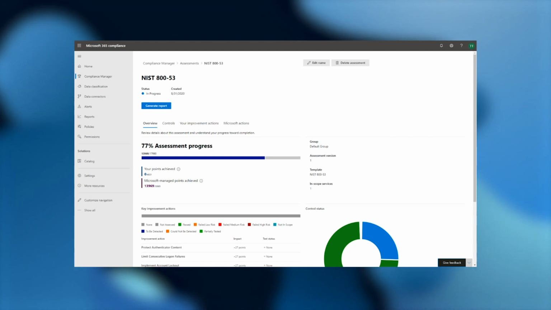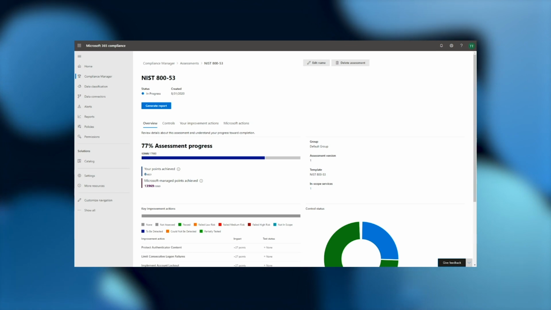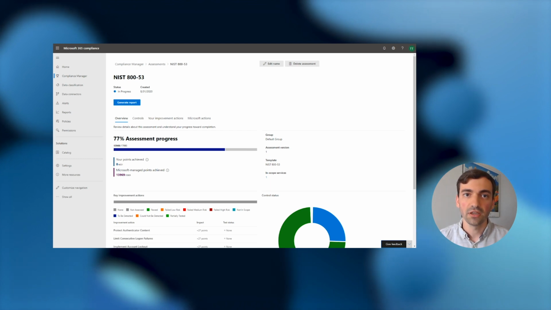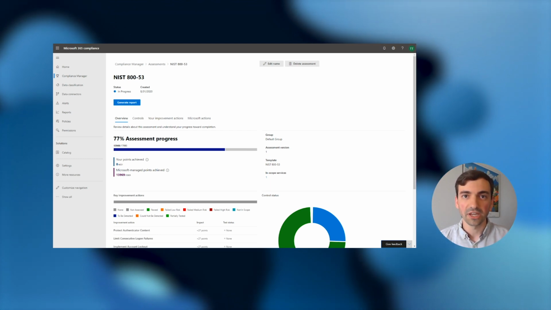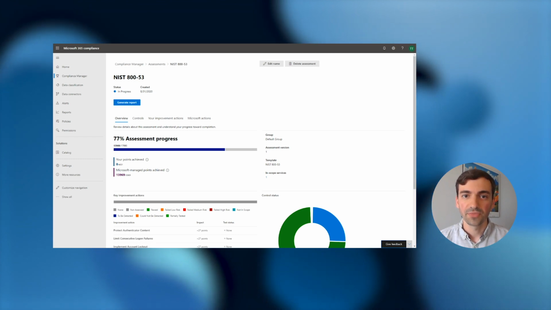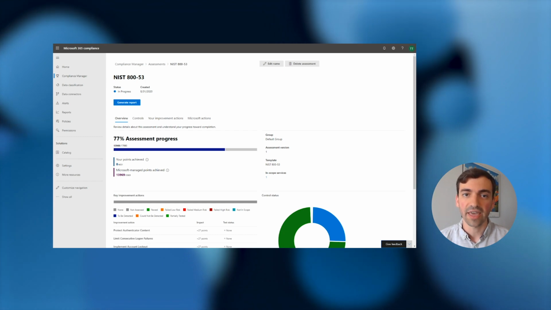It looks like we've already made some progress on this assessment. Microsoft's actions are contributing all of our current points, but Compliance Manager will also begin to scan our current M365 configuration and indicate when we complete recommended actions. If we want to extend beyond the Microsoft 365 product boundary, you can create a custom assessment to assess the compliance of non-M365 products. In fact, you can tune in to our other skilling session, which addresses exactly that.